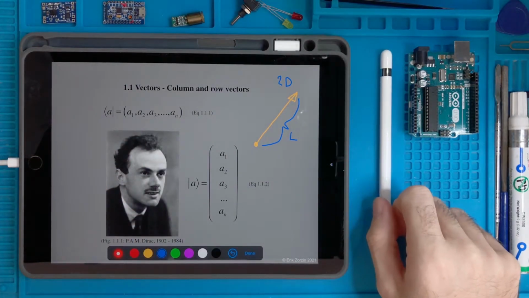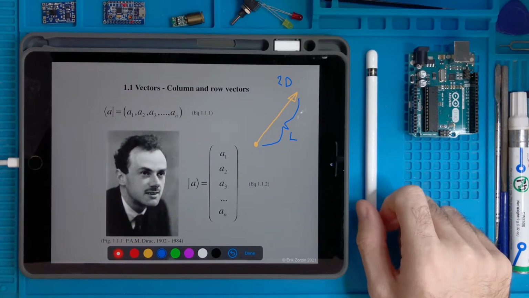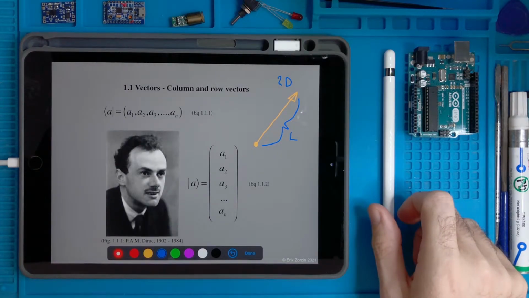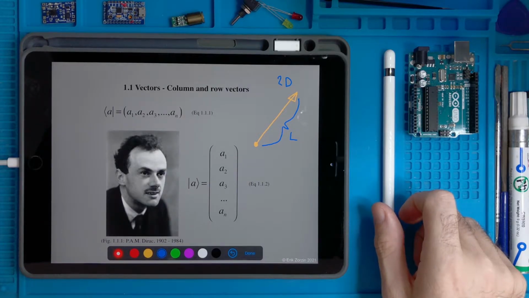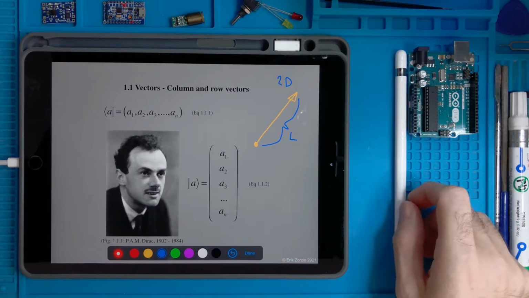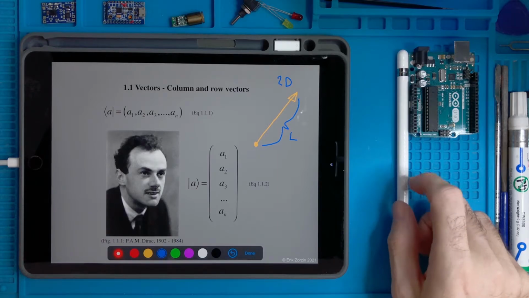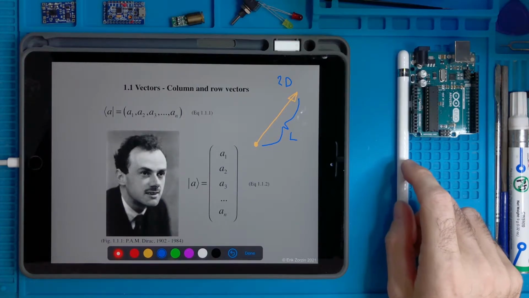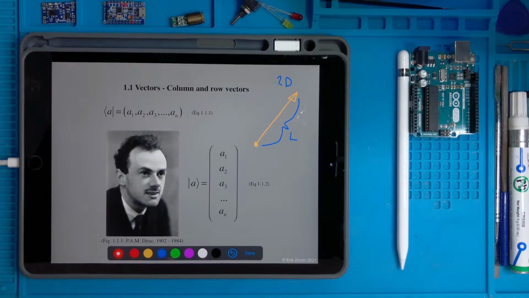So why are vectors important in electronics? Because at a certain point we need to study signals. And signals are mathematical objects we will use in order to characterize physical variables. For instance, I always make this example. Let's say we want to consider the temperature in this room as a function of time.